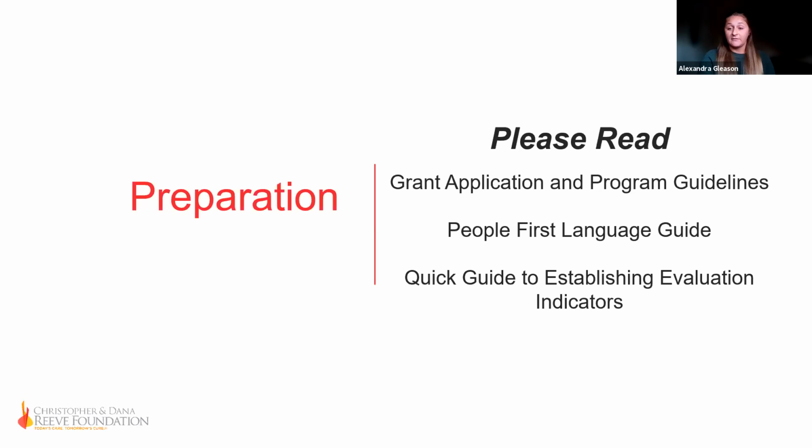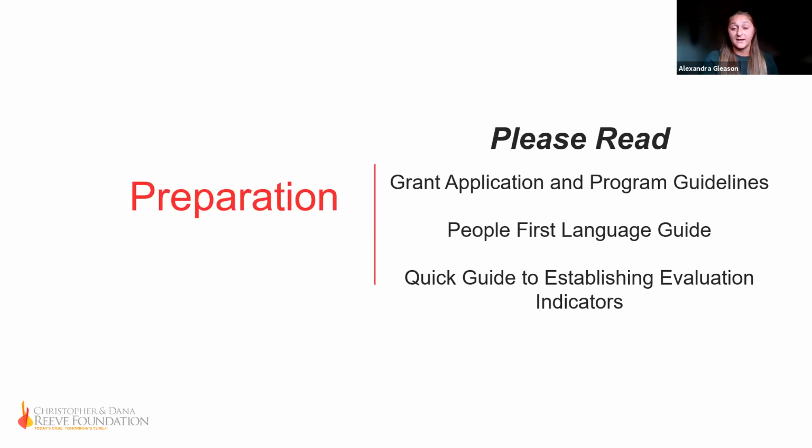Before beginning your application, I recommend that you read the grant application and program guidelines, which provide information about the QOL grants program and funding tier descriptions, new eligibility criteria, funding restrictions, and allowable expenses, as well as application questions. The guidelines are available on our website. You can also visit the Reeve Foundation website for an overview of the QOL grant program and QOL grant application process. Please read all of the information contained in these documents and on the web pages to familiarize yourself with the application process to better prepare yourself for the required information requested in the applications.